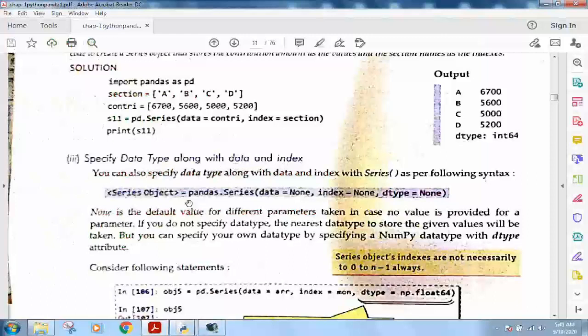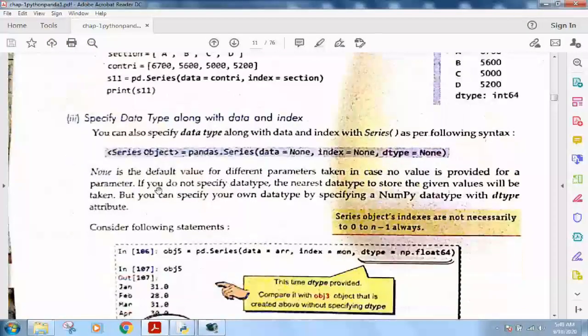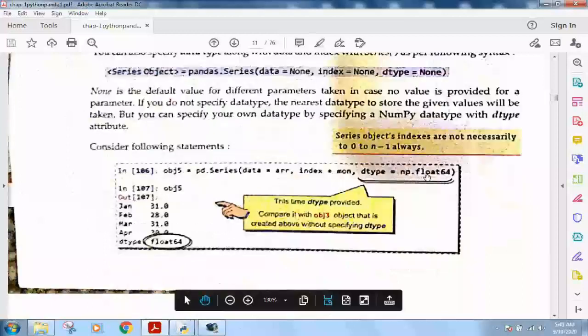This is the fourth one. This is the next one. Along with the data and index, you can specify the data type. By default the data type is None, but if you do not specify the data type, the nearest data type will be taken by Python pandas itself. However, you can specify your own data type for the elements.